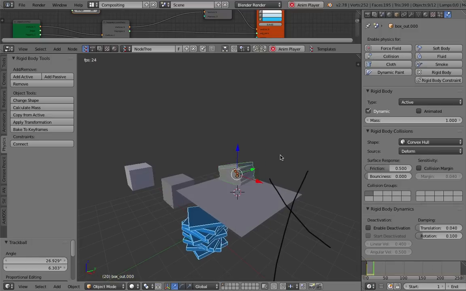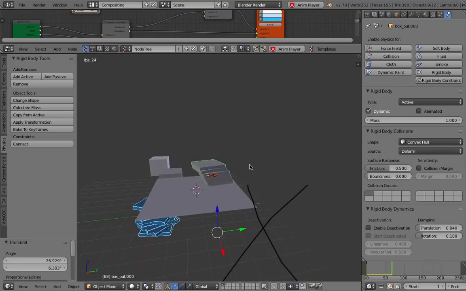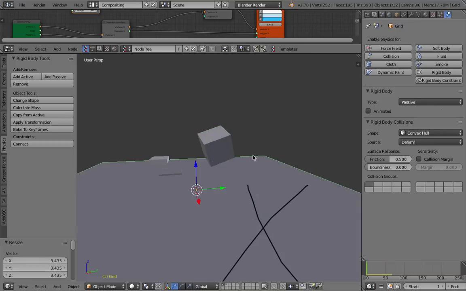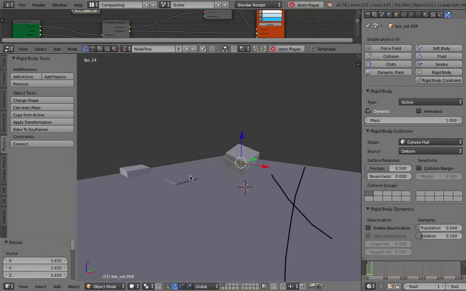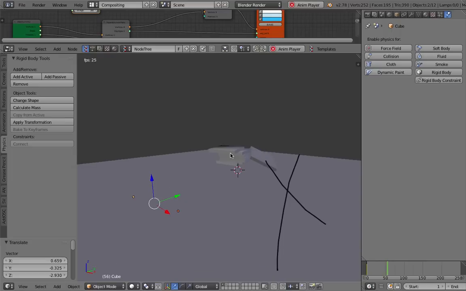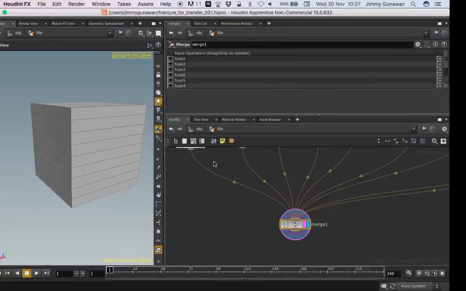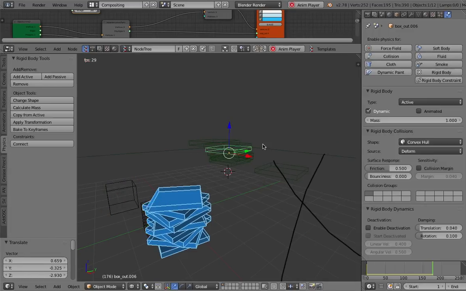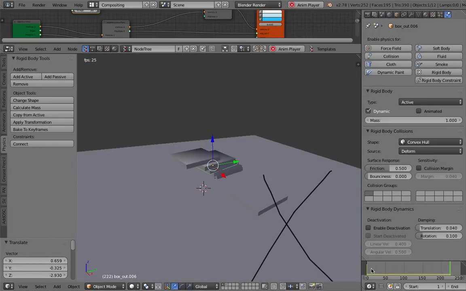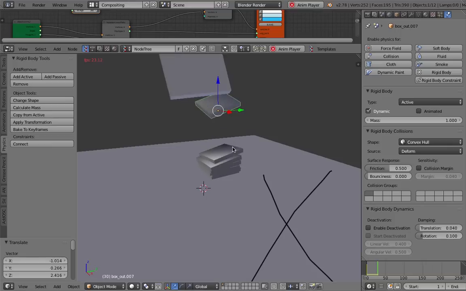Now if we dropped it, it looks like that. That's really the main idea I'm trying to do. Actually, I was going to separate these objects in Houdini using the fracture, and then bring it back to Blender, and then do this kind of magic. Like I said,